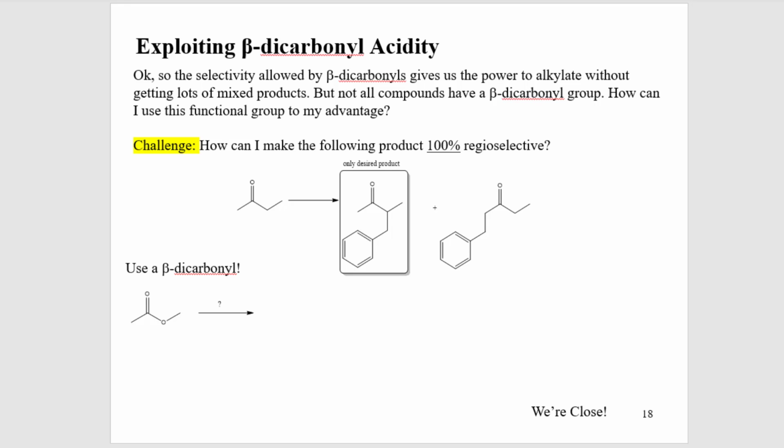All right, so what can we do with these 1,3 dicarbonyl systems? As it turns out, we're able to leverage the acidity of that proton to help us when we don't get really good regioselective results